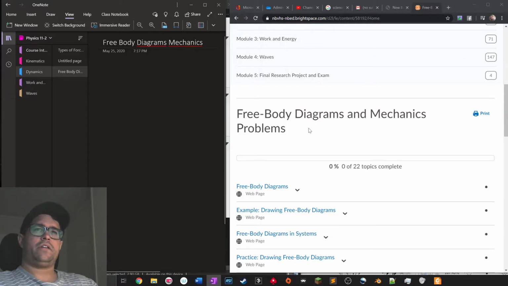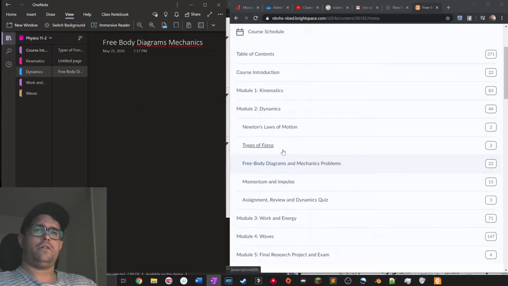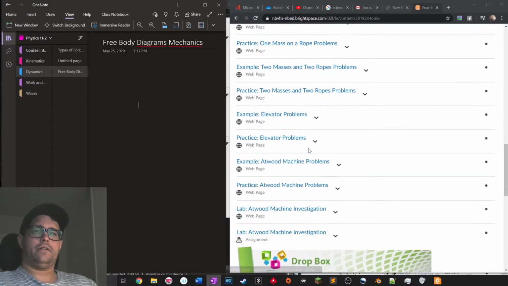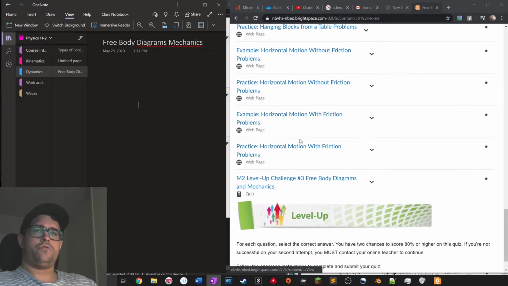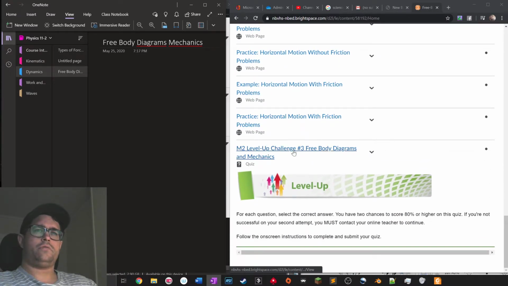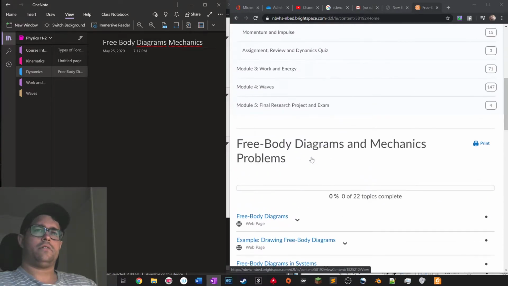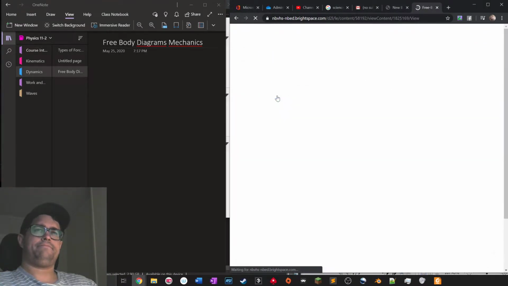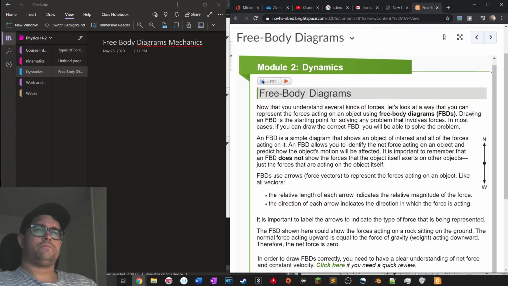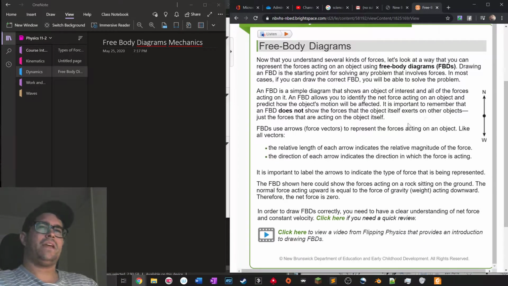So basically, if you click free body here, your types of force, and you scroll, load more, scroll. This is the challenge. Let's get to it. You understand several kinds of forces, and we're going to make diagrams. We've already been doing diagrams with the drawings. I just call them drawings, but they are diagrams, and free body